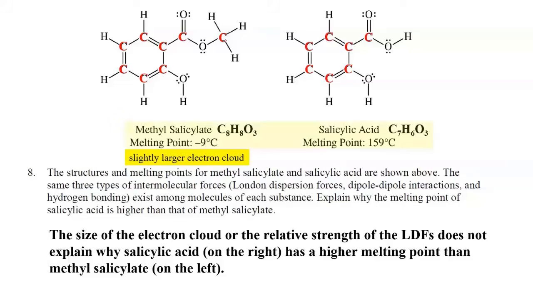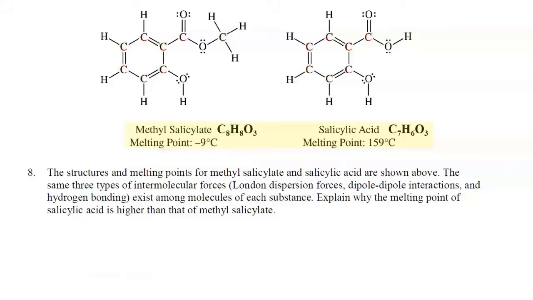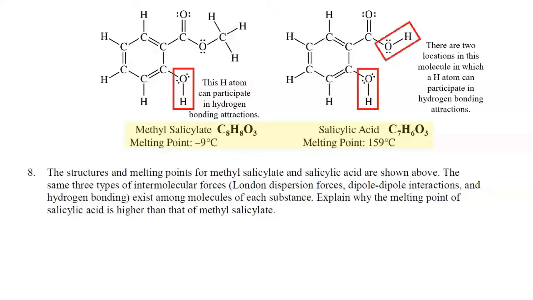So let's take a look. How do I explain why salicylic acid on the right has a higher melting point than methyl salicylate on the left? Now, there are 8 hydrogen atoms in methyl salicylate, but only one of them is directly bonded to oxygen. So that hydrogen atom that I'm highlighting in that molecule on the left, it can participate in hydrogen bonding attractions with neighboring molecules. If I look at the salicylic acid, I see actually 2 different hydrogens that are directly bonded